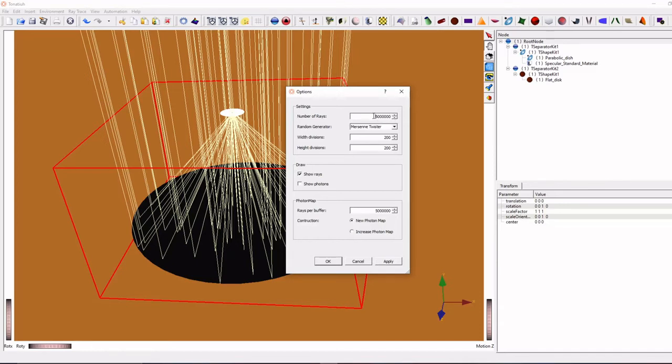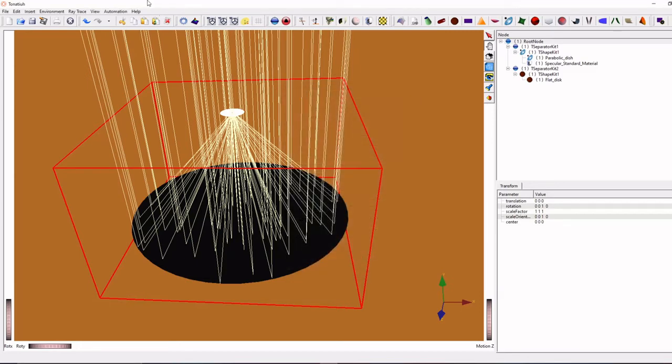I hope it is 5 million. Okay, click apply. When you increase the number of rays, it will consume more time. It depends on your computer.